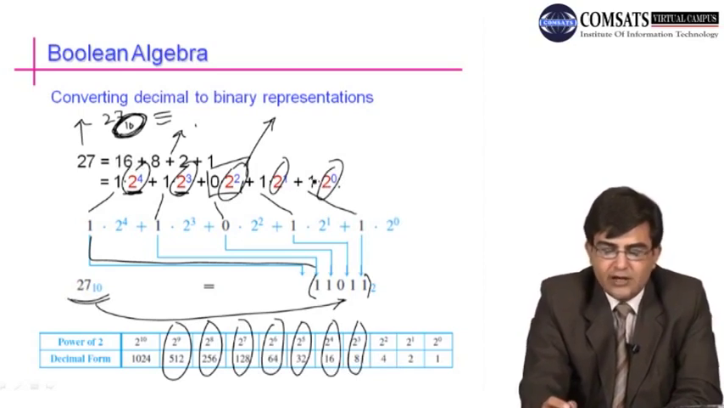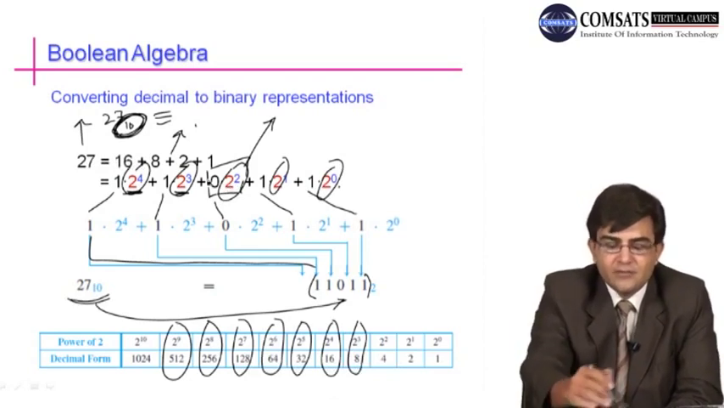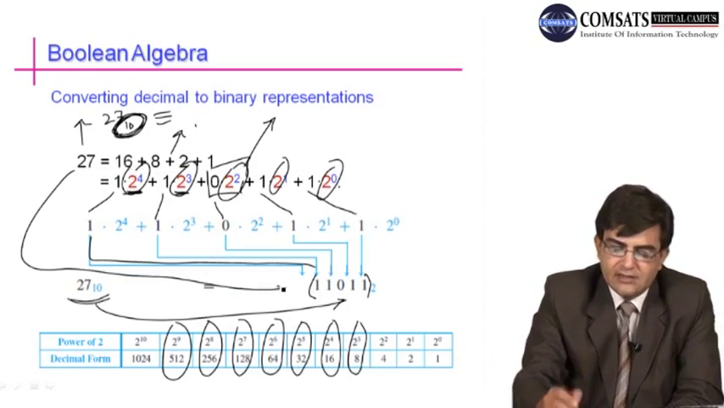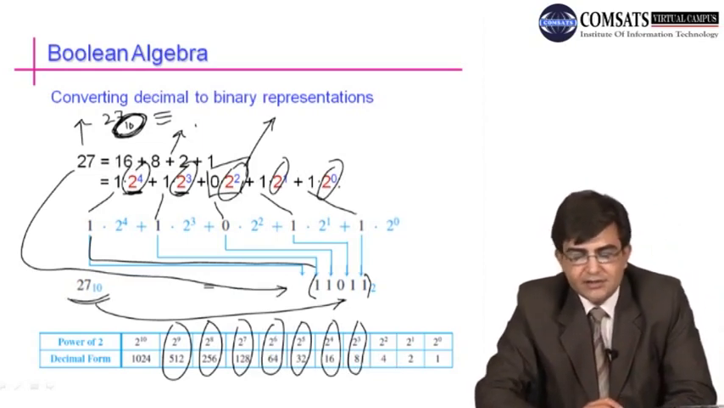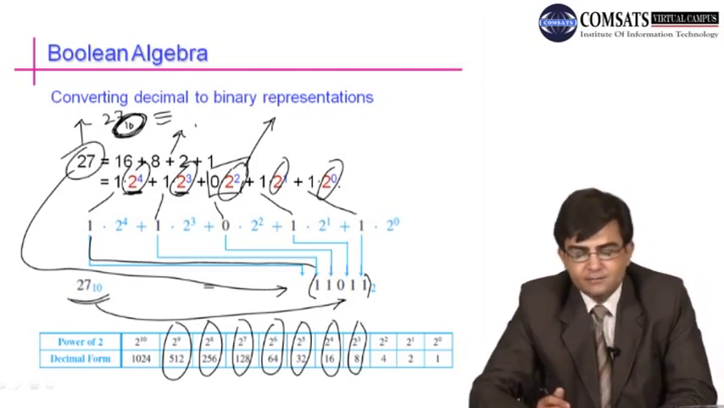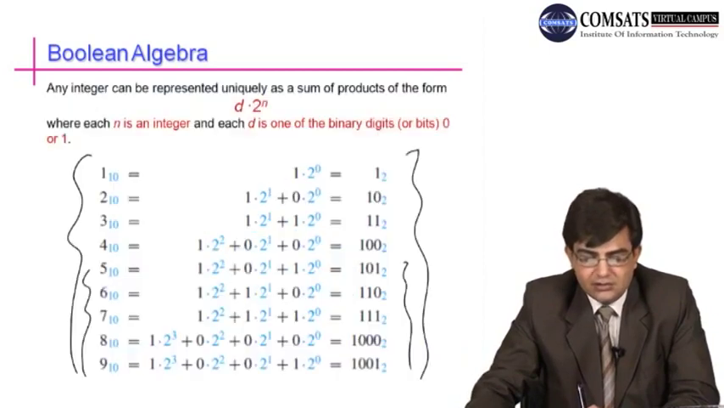So here we write 1 into 2 power 0, 1 into 2 power 1. Here we don't have any power of 2. 2 power 2 we don't have here, so we write here 2 power 2 into 0. This will not affect our calculations, but this will give us the exact binary representation of this decimal number 27. So do not miss any power of 2. Similarly here,